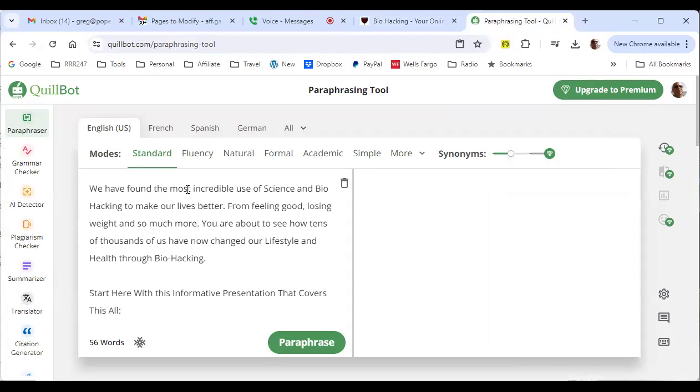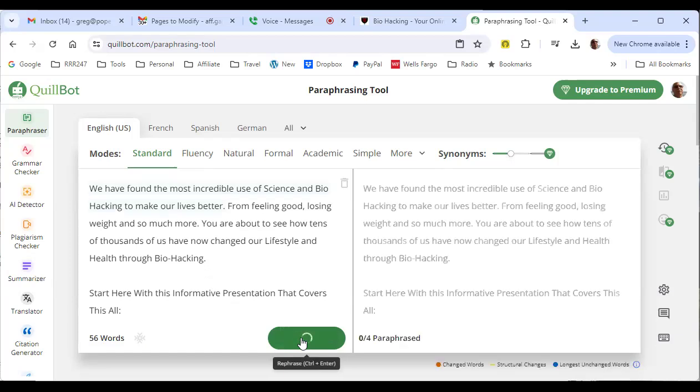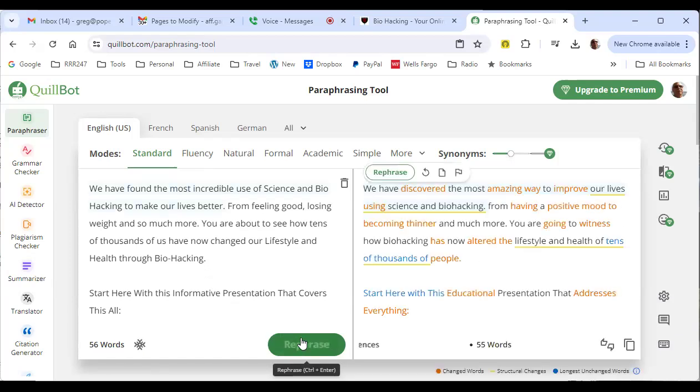Now we have found, these are Rory's words, remember, because we haven't changed it. Now we're going to paraphrase this stuff. We click on this little thing right here, and it's to the right of that now. This is the new thing, the new page, the new words. So you can read what he had. It says we have found the most incredible use of science and biohacking to make our lives better. I'm reading them both. So we have discovered,